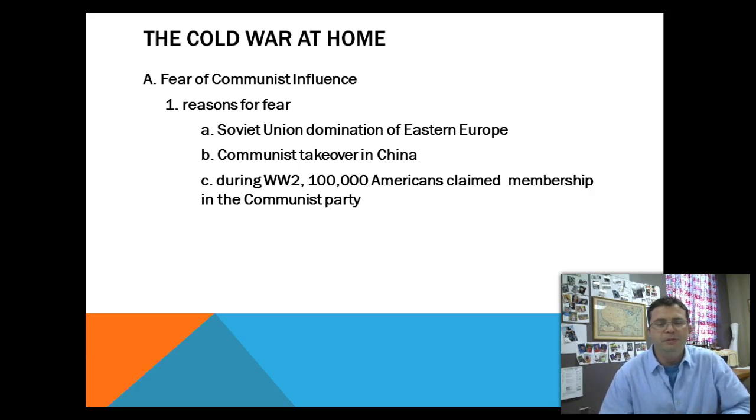There are three big reasons why the American people had that fear. One was Stalin taking over essentially all of Eastern Europe. Two, the communist takeover of China, and also the communist takeover in Korea, North Korea. And then over 100,000 Americans claimed to be part of the Communist political party during World War II. So a lot of the American people have a lot of fear in the 1950s of this spreading